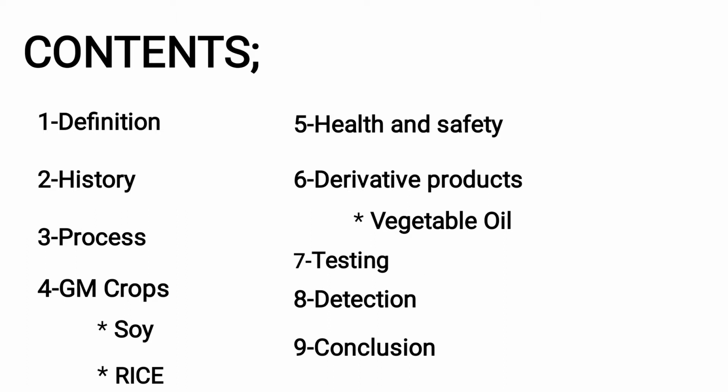Then we learn, in the next content, about GM crops. GM crops have certain basic properties that other crops do not, and these crops hold some better characters in themselves. For example, soy and rice. Then we learn, in the next content, about health and safety of GM foods. In this content, we learn how GM foods affect the health of human lives, and we also learn